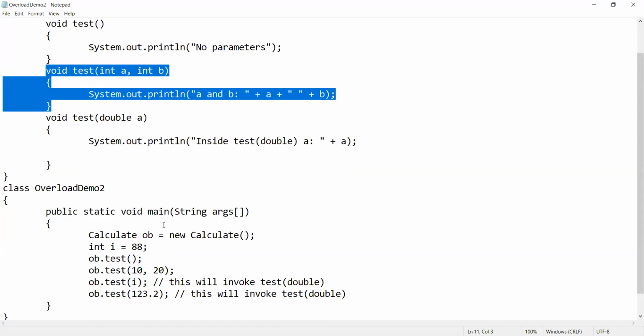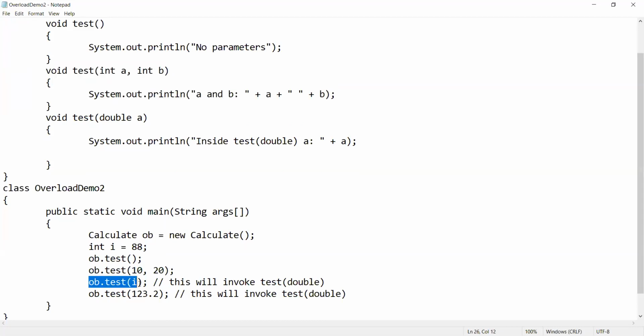And the third case is I am calling test with i, and this i is an integer type. But here there is no single-integer-argument method. Of all the methods, the first is empty, the second takes integers, and the third takes a double. But we are calling with an integer value.